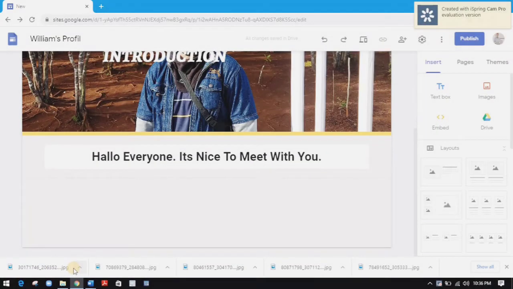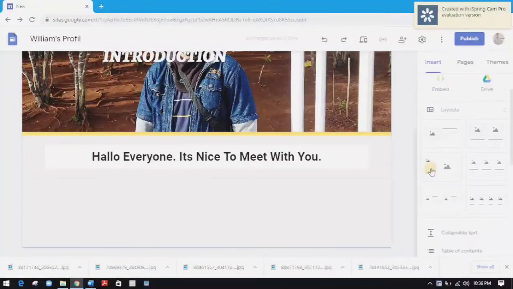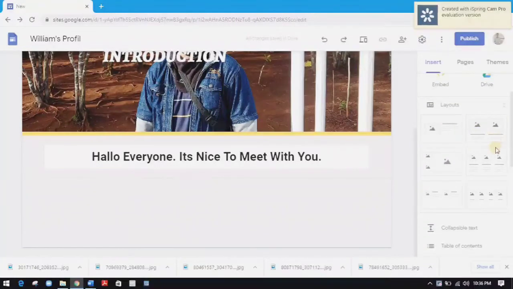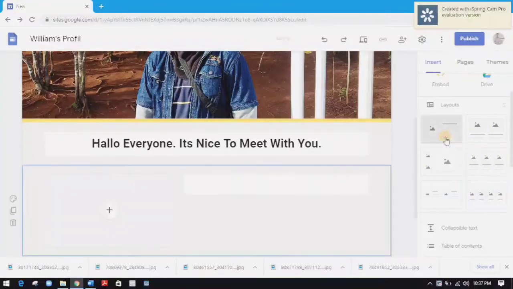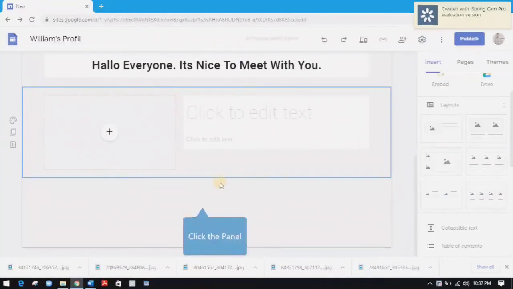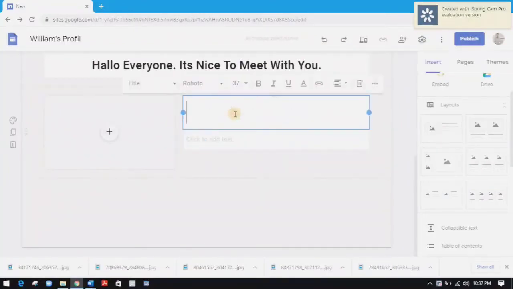Okay, so let's start first with the name section. What you have to do is, again, go to the right side of the Google site and then click on the layouts. There are some types of layout that you can use based on the content that you want to provide for your Google site. Here, I'm going to try to use this one, and let's type